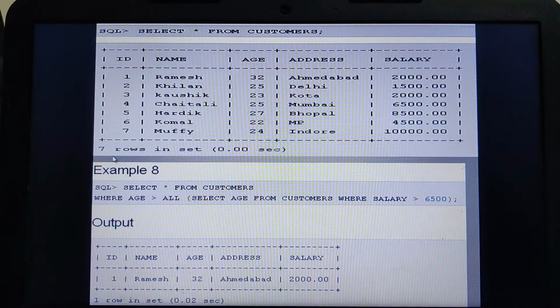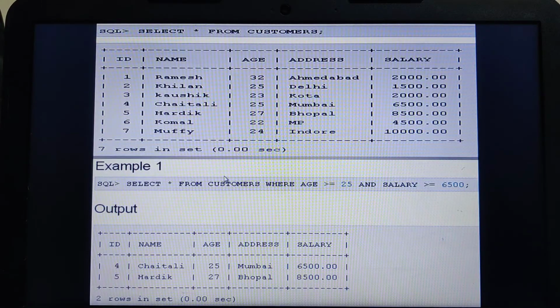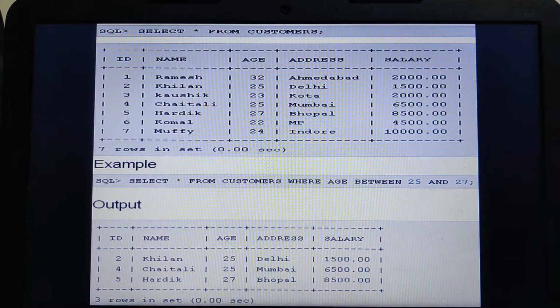Here it is giving 7 rows, within 0.000 seconds. All this we discussed in the previous video. Now let us see the example of BETWEEN.